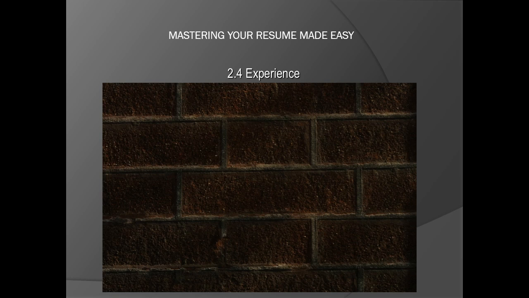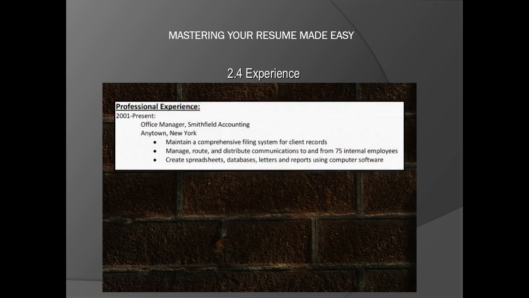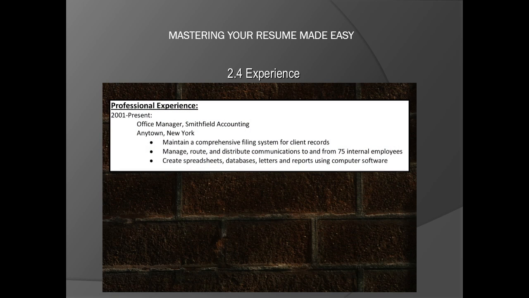Even though Mary has accounted for all of her time over the past 10 years, let's say she wants to add a second job to her resume. Mary should only do this if the second job was something very relevant to the position for which she is now applying. For example, let's say that during college, Mary worked part-time as a tax preparer during tax seasons. When Mary lists this job, she should use bullet points to relate that job to the job for which she is currently applying. For example, she might list the following: